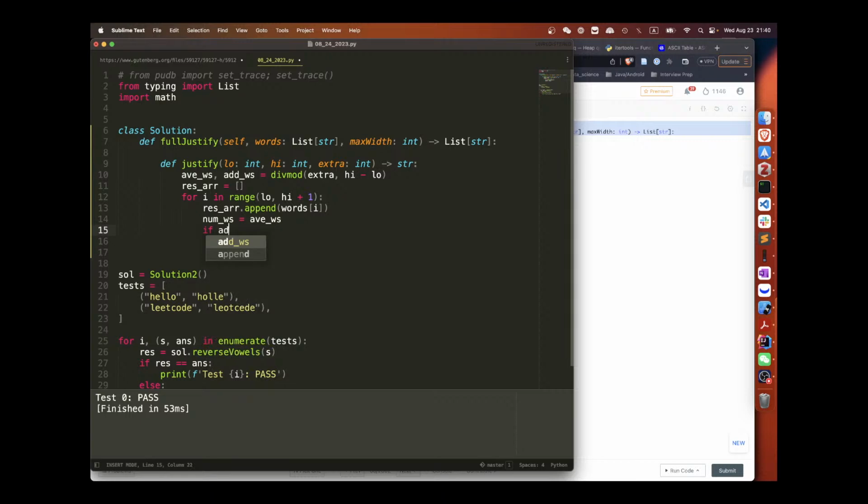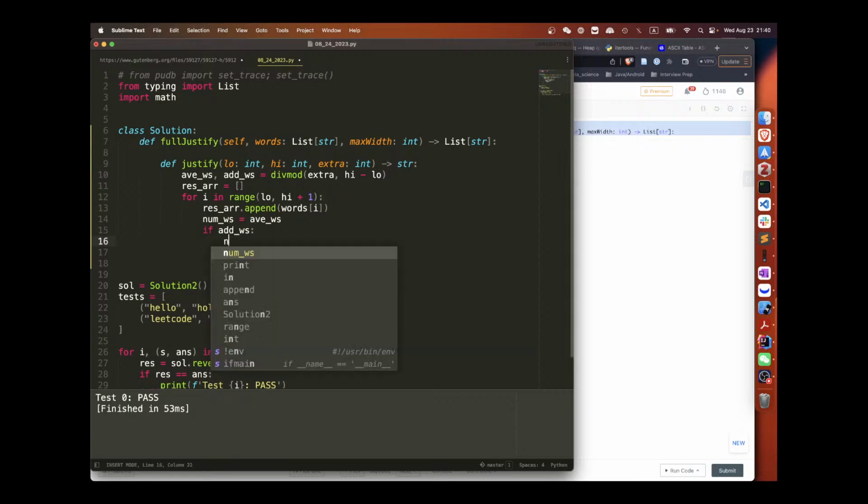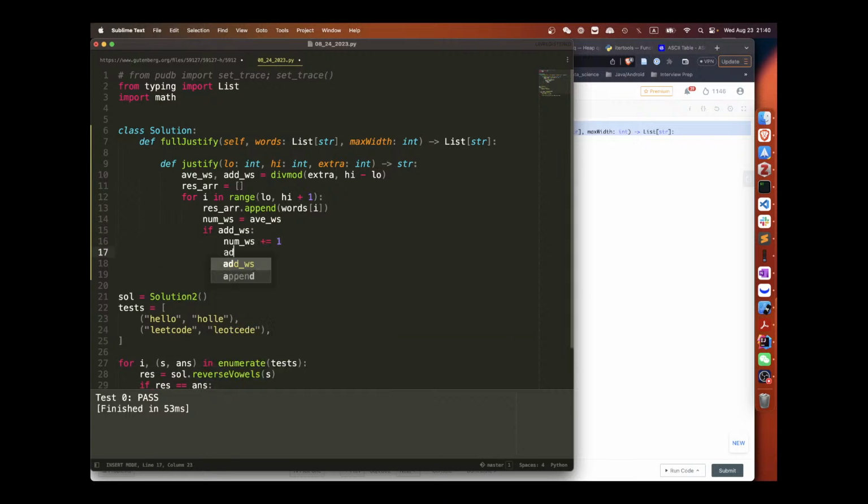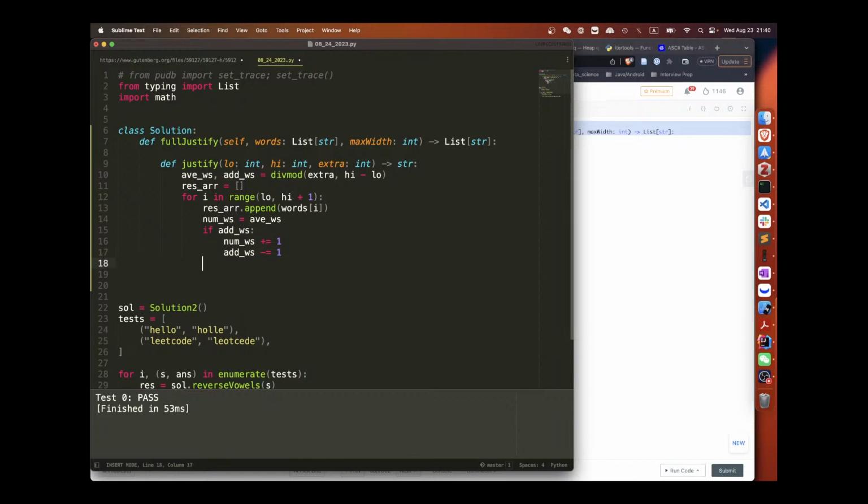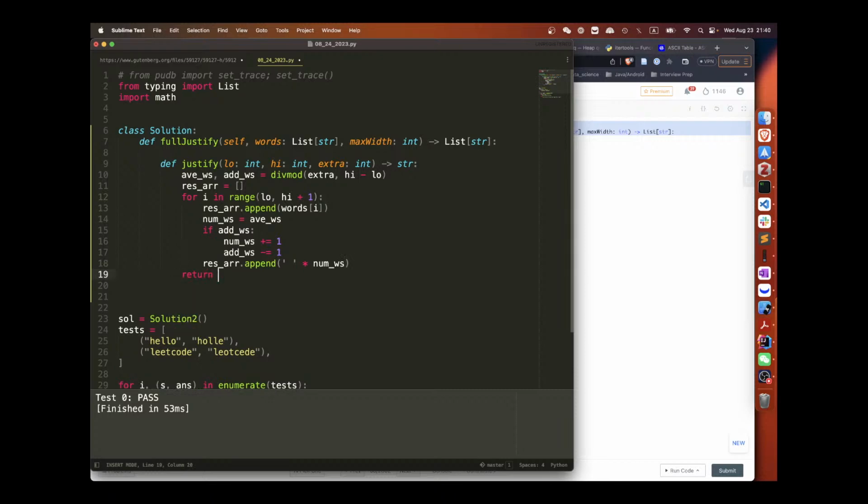And now we say if add additional, then this plus equal 1, and then this minus equal 1. Once we're done, res dot append y space times num of y space. Once we're done, we return dot join res this.